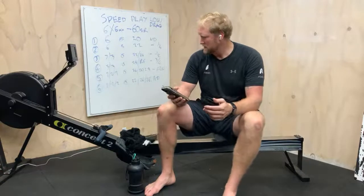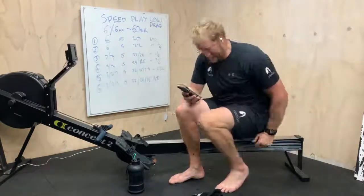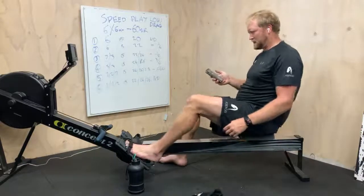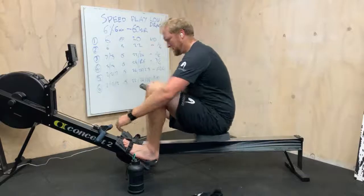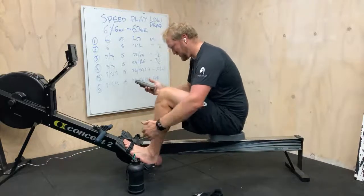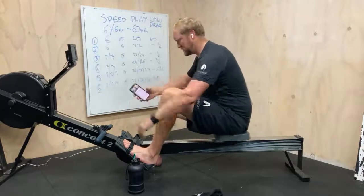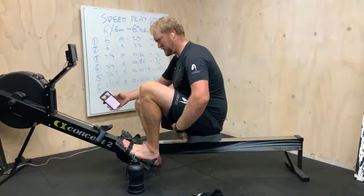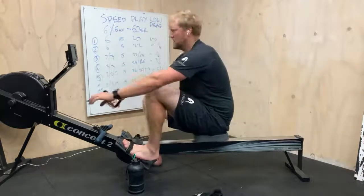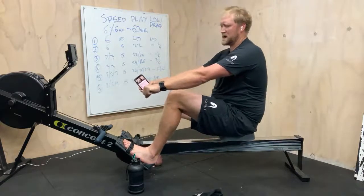No. So when you're at the catch, when you're at the top of the drive, when you're coming up here, there's really no way that we can keep our heels on, and that's an awkward position. If we let ourselves just naturally come up into here and we're at that catch position, you're right through the balls of the feet, okay, but as you drive and you're about here, once the body starts coming in, which is just about here,